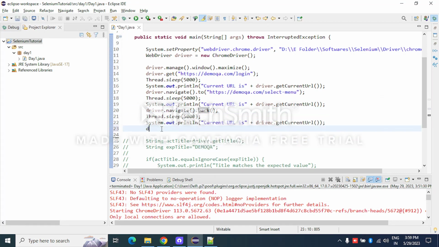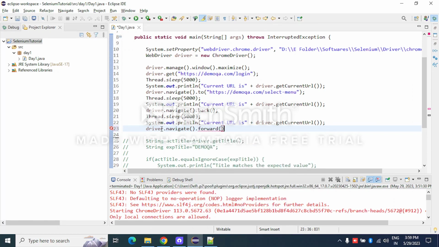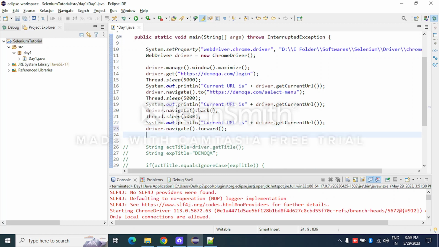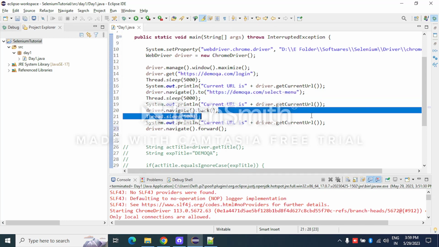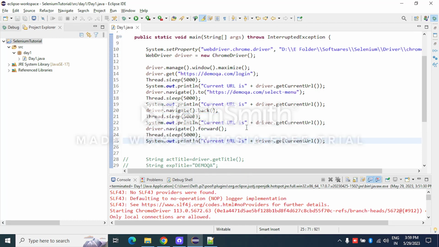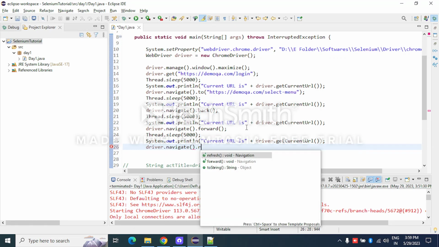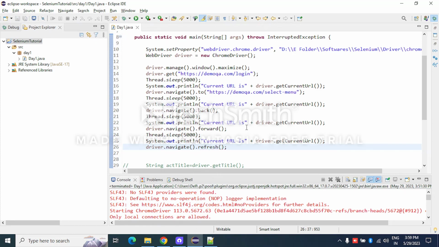Now we will see driver dot navigate dot forward. Okay, so forward means from login it will again come forward to the select menu page. Again we'll wait for 5 seconds and print the URL. Once this is done, I would then say driver dot navigate dot refresh. This would basically simulate the F5 key press. The page would refresh once again,